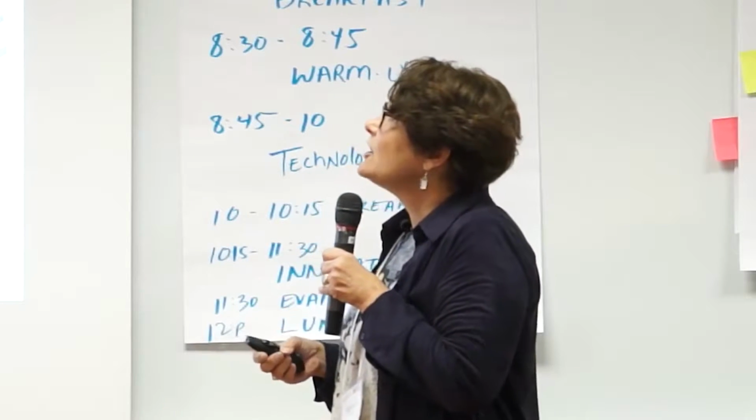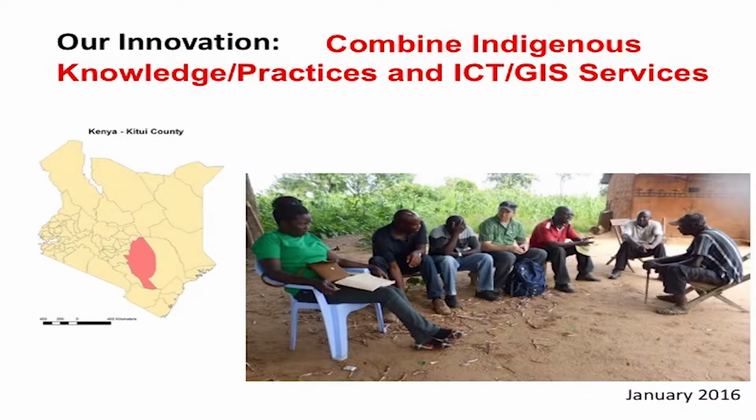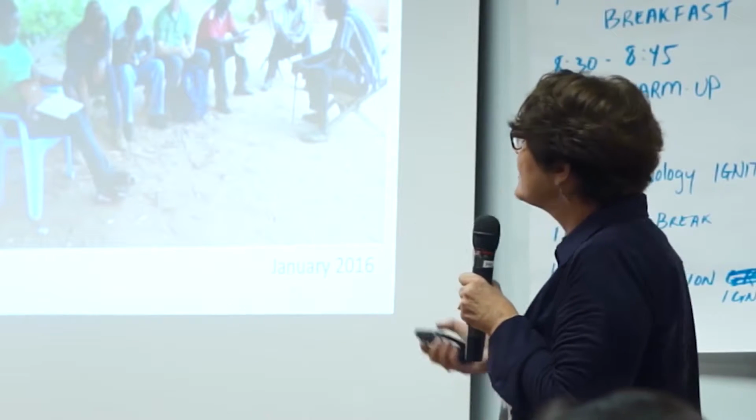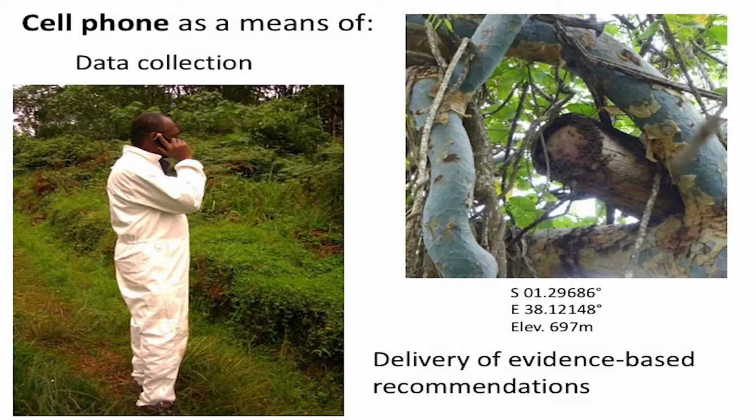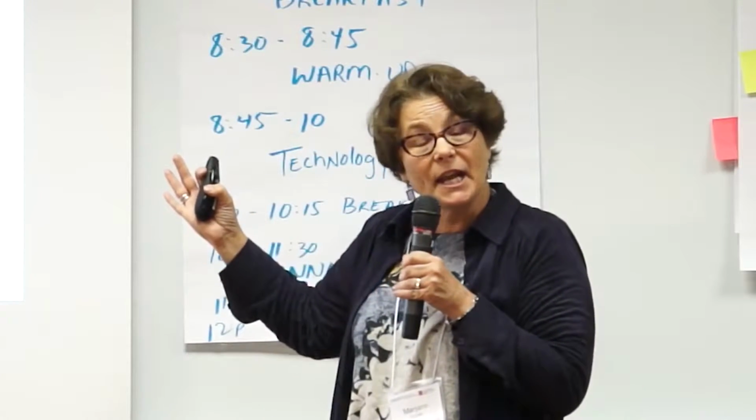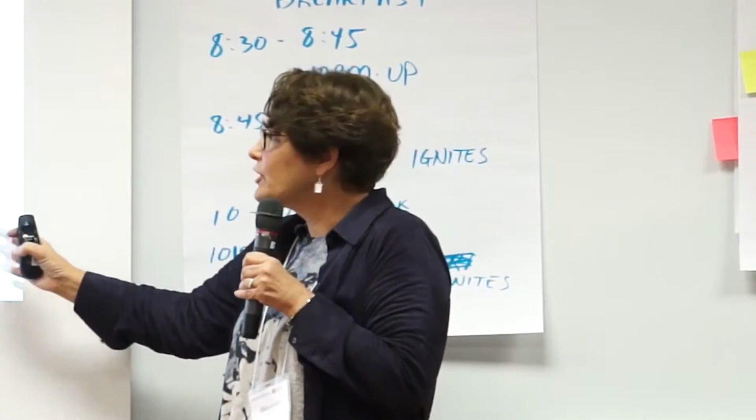So our innovation and the work in Kitui County is to actually combine indigenous knowledge and practices with modern technology, particularly cell phones and satellite technology, to have access to information about the landscape and how it's impacting honeybees. Here, cell phones are actually ubiquitous, which is amazing in Africa. We're collecting data. We GPS the beekeepers' hive locations, and we're collecting lots of different information about these hives, which we will model and convert into